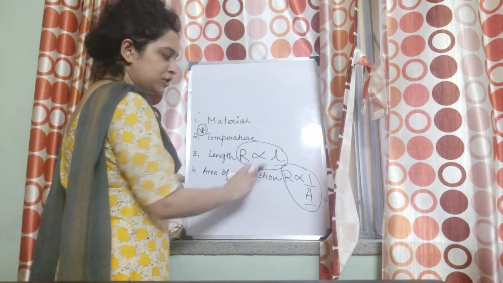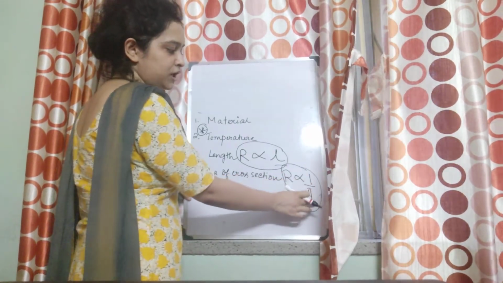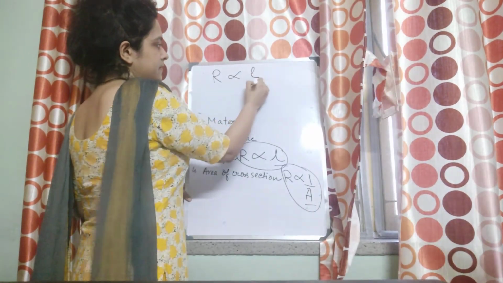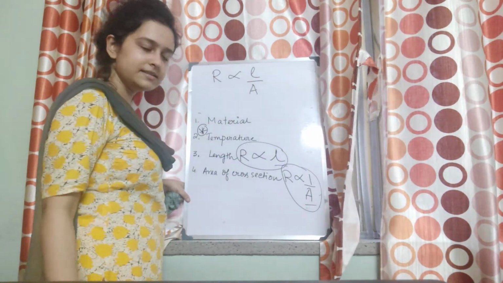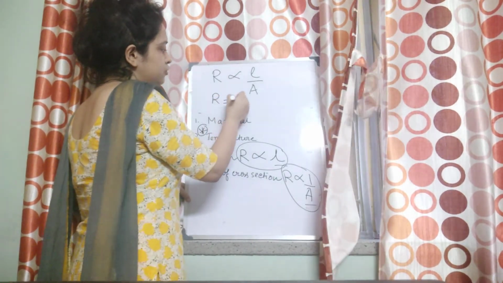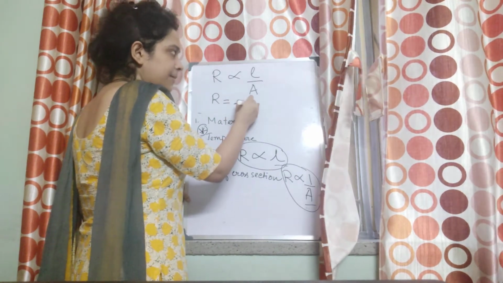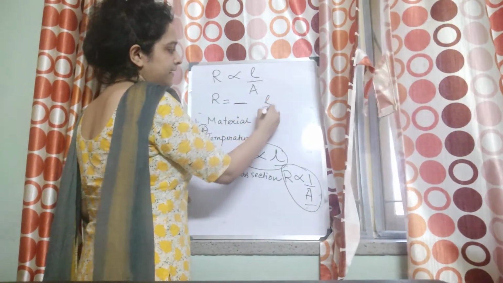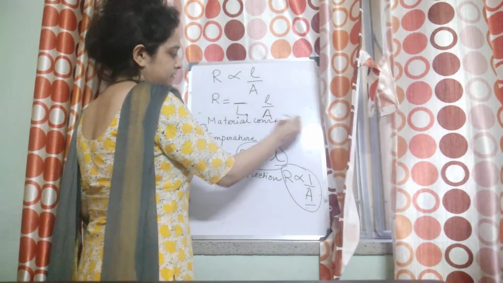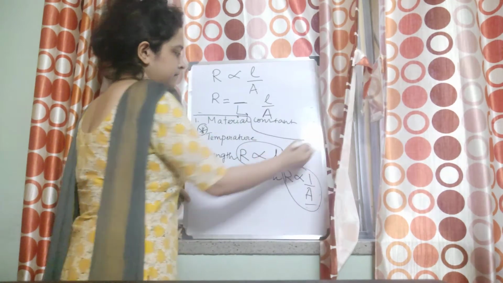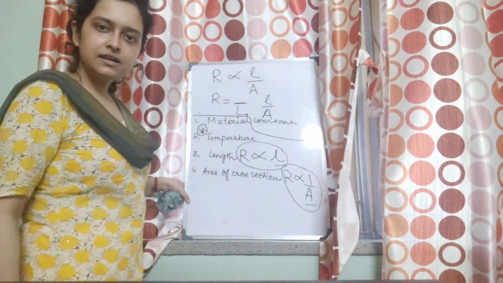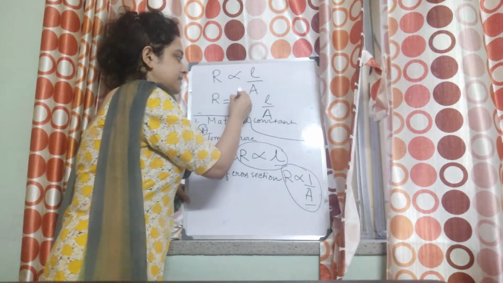R is directly proportional to L. R is inversely proportional to area of cross section. So can I write R? You know how to write this? Combining these two, R equal to some constant into L by A. This is some constant. When we want to remove the proportionality sign, we need a constant, right? The constant